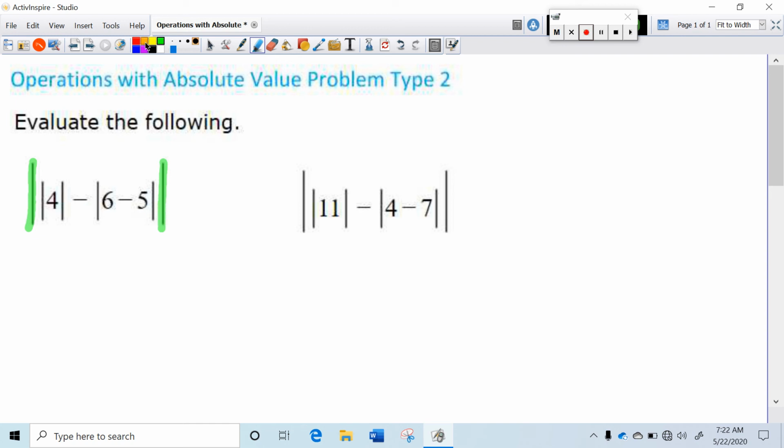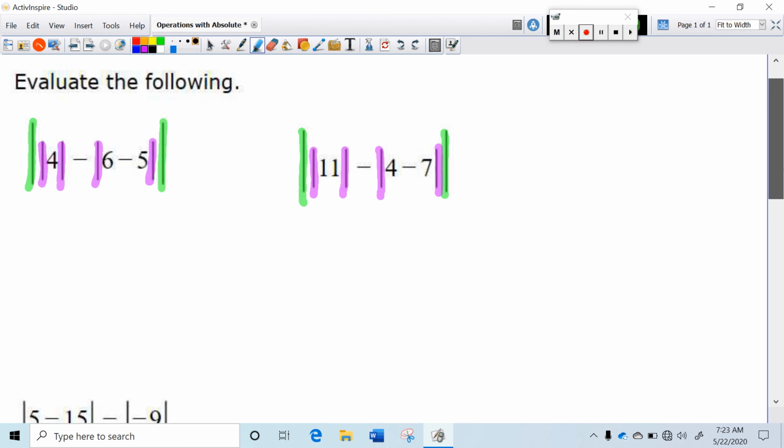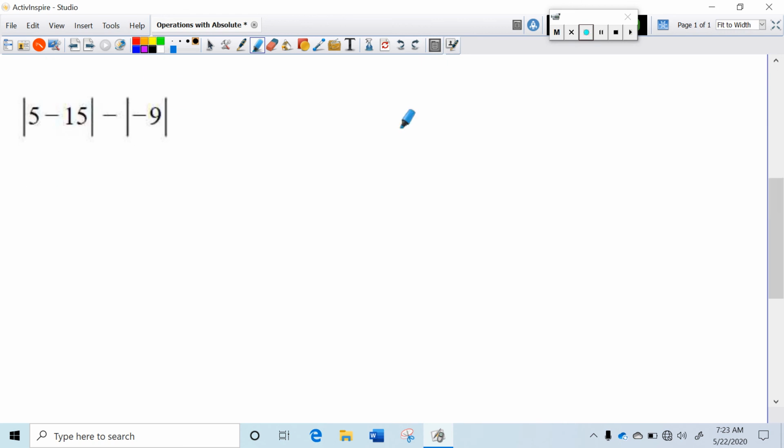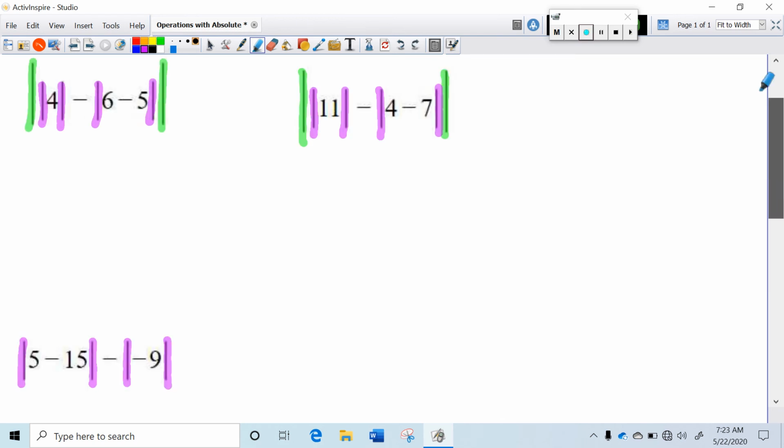So I've got the outside symbols and I have inside symbols like this. And it can help if you have the ability to do this. It actually kind of visually helps you sort things out so that you can see what you're doing. Because otherwise, when you get to working, you're going to think they're the number 1 or something. Now these don't have any outside symbols that put them all together. Okay, so in order to do these,